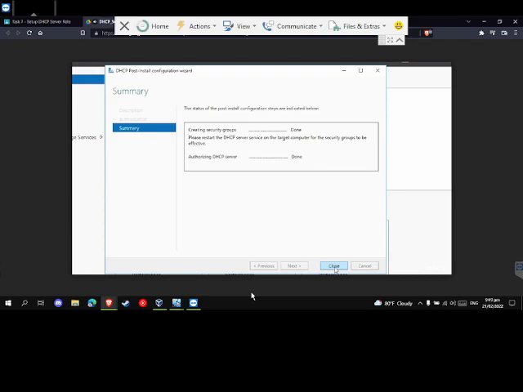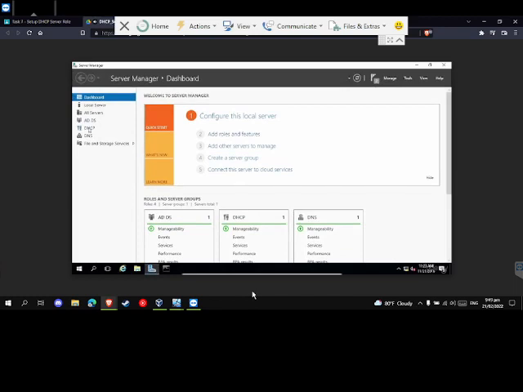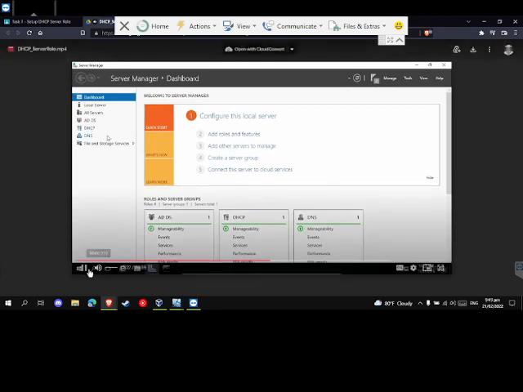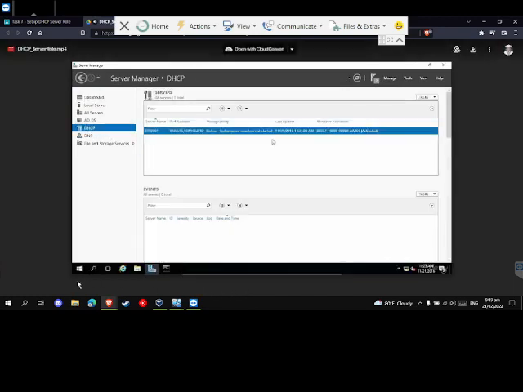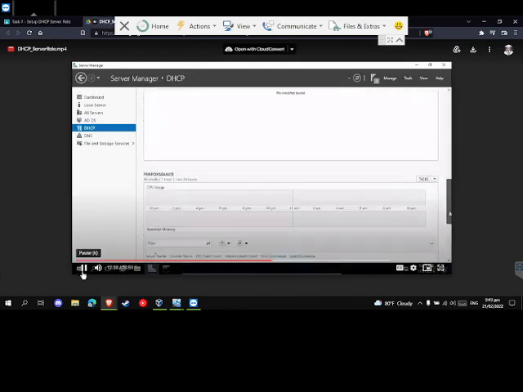Next, you will be brought to the summary page where you can see the two tasks that are being completed. The tasks are now completed, so we can close out of the DHCP windows. Now you will notice on the left side of our screen we have a DHCP tab. We can click on this tab and view information related to DHCP such as events, services, and more. To open the DHCP,